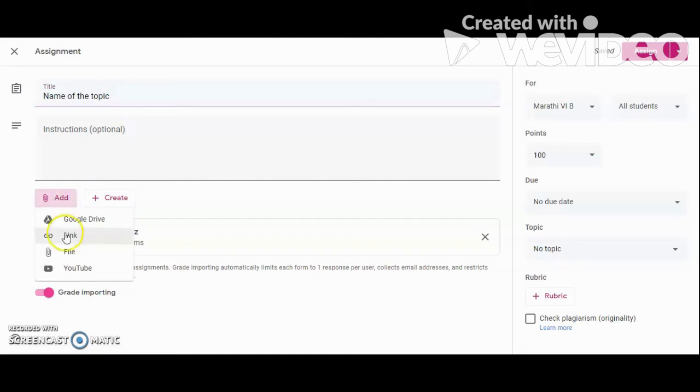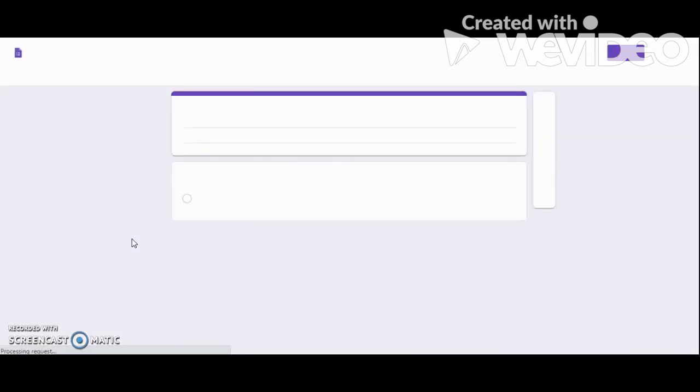If you want to add any link, they need to refer to something and then they need to answer the quiz, or they have to go and watch a video and then they need to answer the quiz, then you can just upload that from here. If you want to create anything, you can just create it from here. Now since this is a quiz, it is already giving us a blank quiz wherein you can go and edit things and make a quiz for your children.